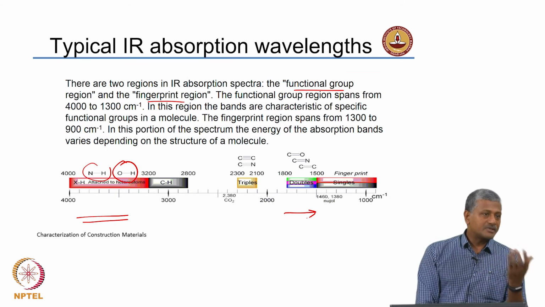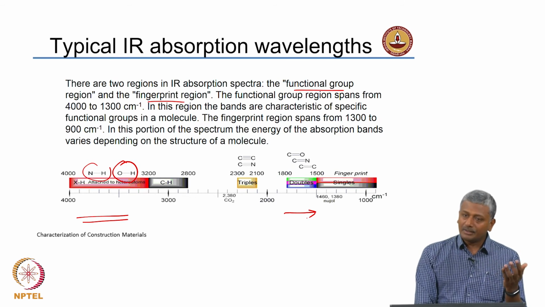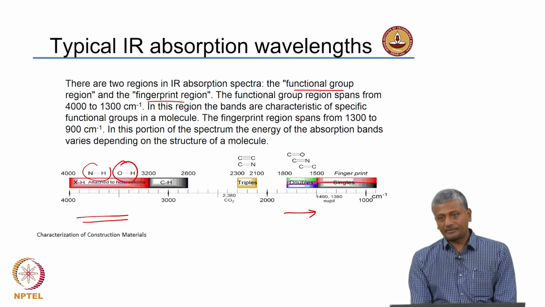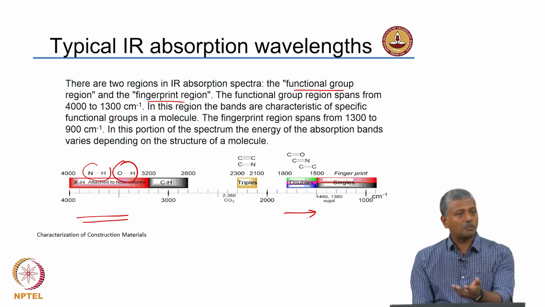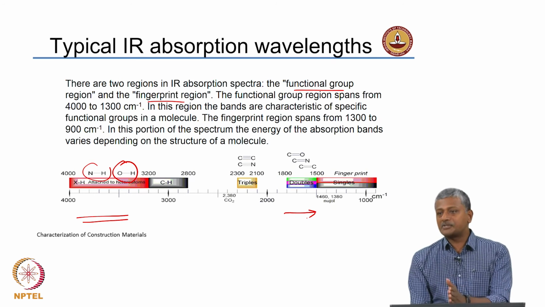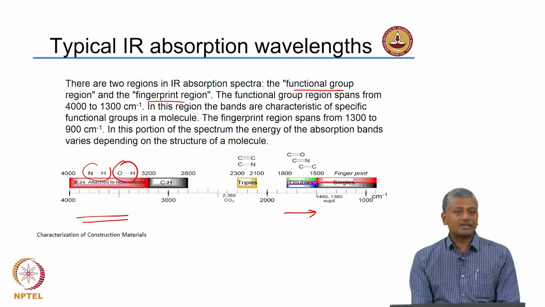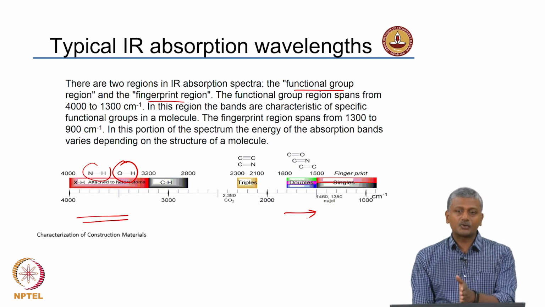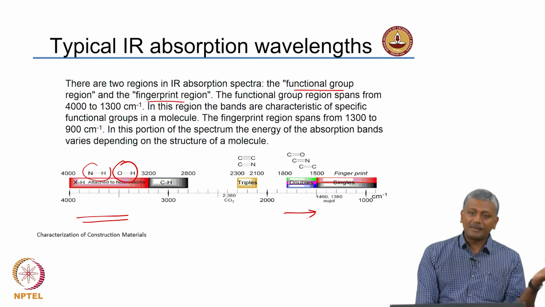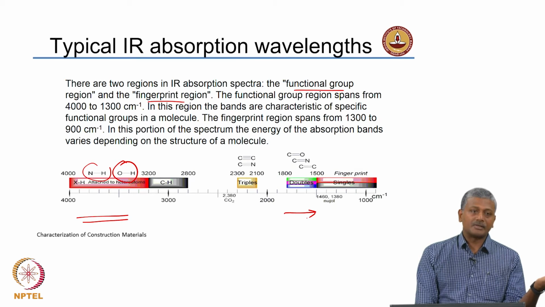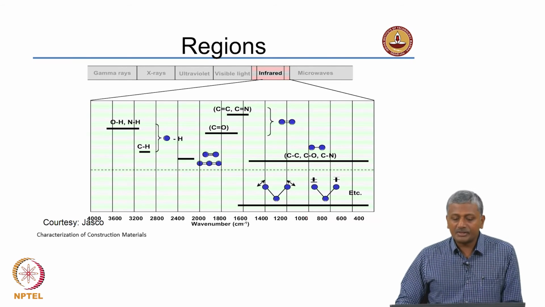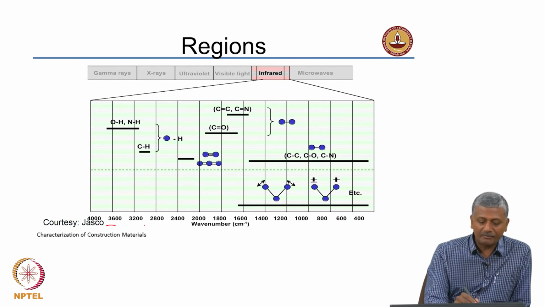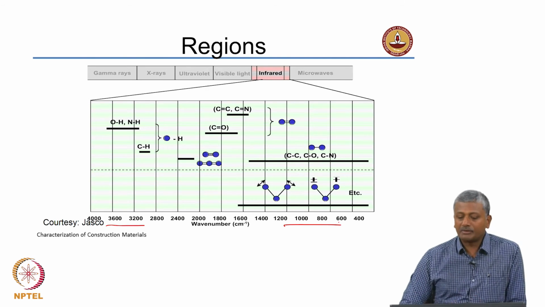Now, again you will obviously need to compare with the database to try and understand what each peak signifies. For most of the standard bonding systems like carbon carbon triple bond or carbon carbon double bond, there are very specific locations at which transitions happen like stretching or bending and so on, and you can associate that with the peaks that you observe for your sample and then figure out what actually is present in your sample. Okay, we will see some examples in just a minute. So, these are the different regions, as I said. In the infrared spectroscopy you have the functional group region on the left and the fingerprint region on the right.